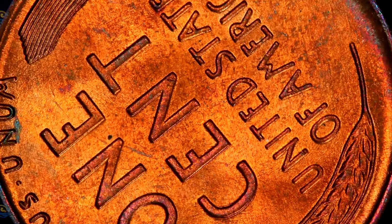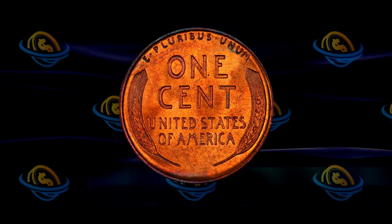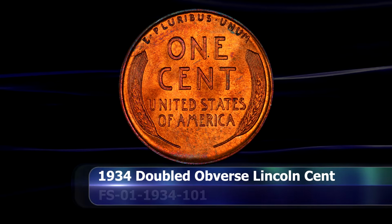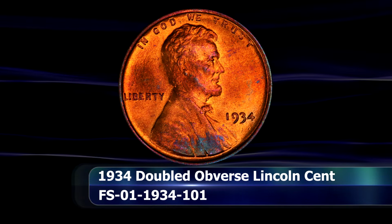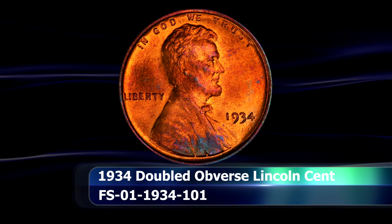Greetings and welcome to the World Numismatic News as we now take a look at the top 10 variety coins from the 1930s that you can look for. First in line is a Lincoln penny from the year 1934, with a very distinctive and interesting doubled obverse variety